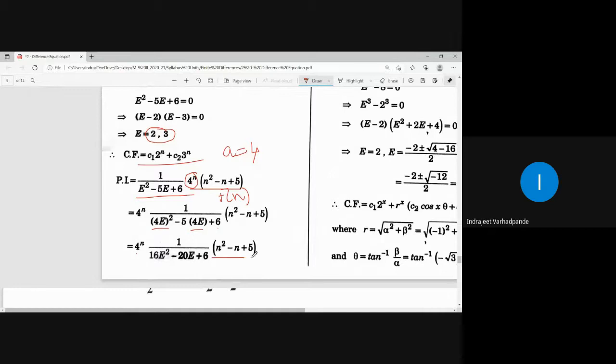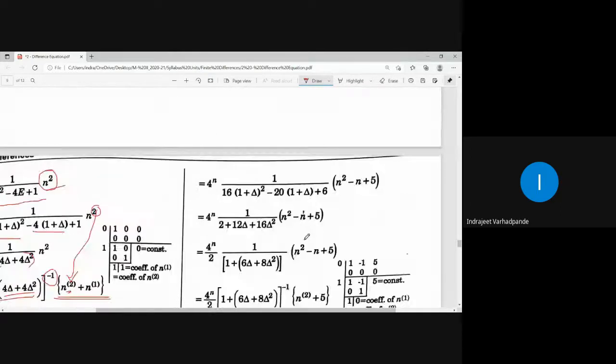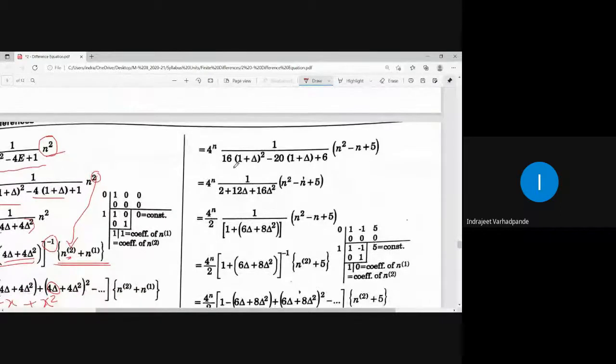But for applying case number 3 now, it is always advisable to convert E into 1 plus delta. So मैंने क्या कर दिया? Replace every E by 1 plus delta. Simplify करो. The lowest degree term 2 will be taken outside because I want the term 1 plus. Whatever is obtained, that is to be raised to the numerator with the power as -1.